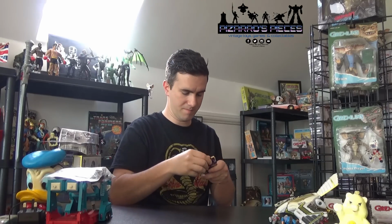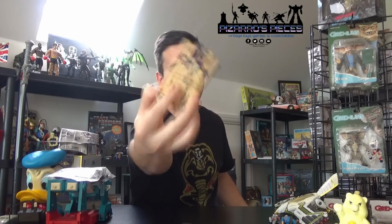And then we've got Matt Tracker as well from Mask with his mask as well. So that's pretty cool. We've got this Transformer who I believe's missing bits. I spoke to my pal Rob. I can't remember which one he said it was now, but it's like a tank. Again,